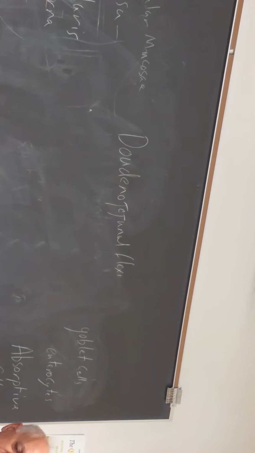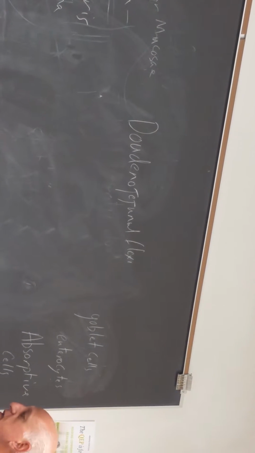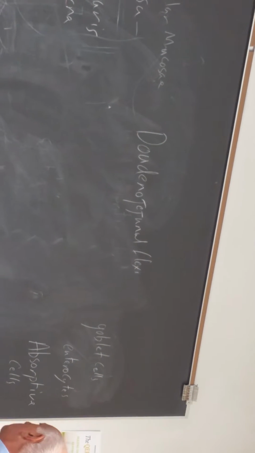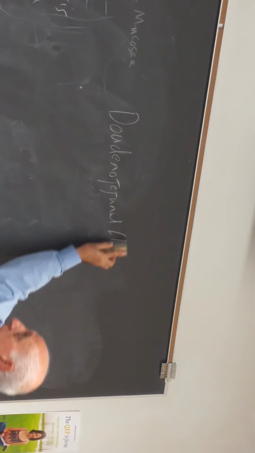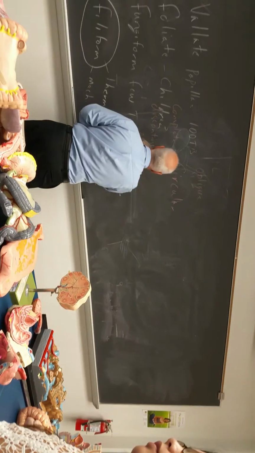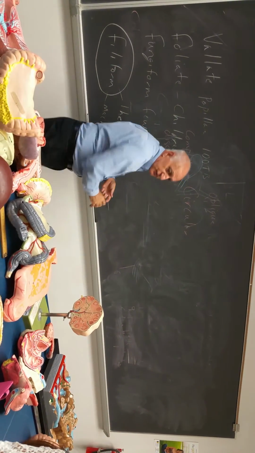This is a bend. You don't know flexure. You say this is a bend between duodenum and jejunum. Then I can give you at least half of the grade. You know, if you explain things, maybe you forget the name of it, then you explain it. Okay, now after the